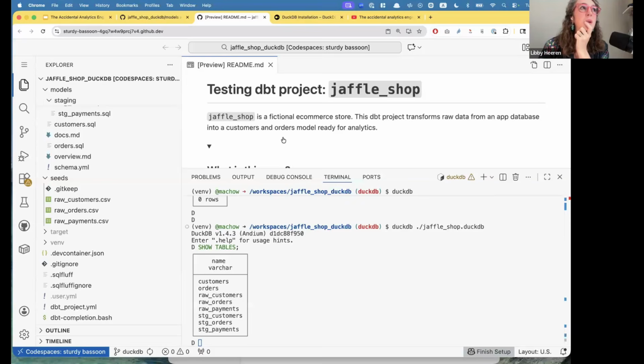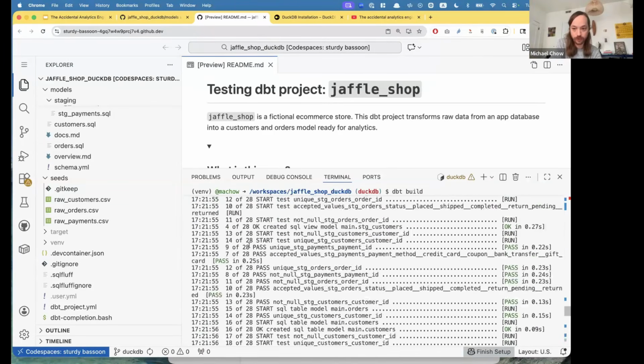Hubert had asked, I assume there's some sort of concurrency or dependency capability, thinking of Oracle job chains that have dependencies. Maybe Lori can tackle that. So that's one of the superpowers of DBT. Michael, can you scroll up to where you did the DBT build and show what it actually printed?